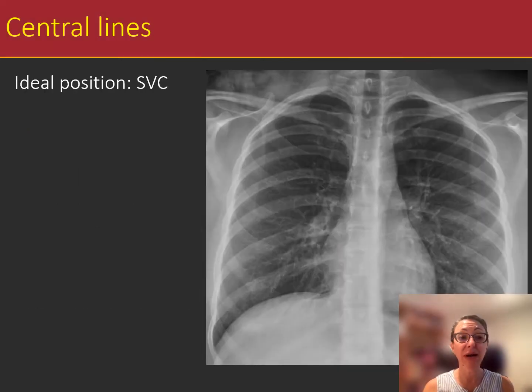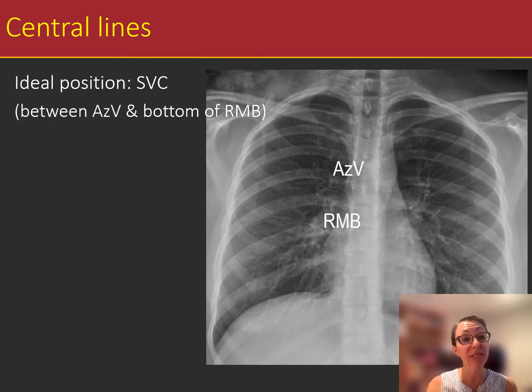Ideally, the central line should be positioned in the superior vena cava, or somewhere between the bottom of the azygos vein and about a centimeter below the origin of the right mainstem bronchus, as demonstrated here. Most commonly, these are malpositioned somewhere in the IVC or the right atrium, and they should course lateral to the spine normally. Some of the common complications of central line placement include malposition, pneumothorax, line kinking, venous injury resulting in